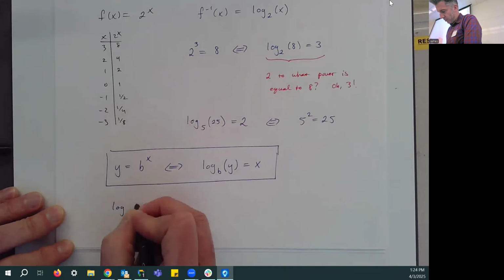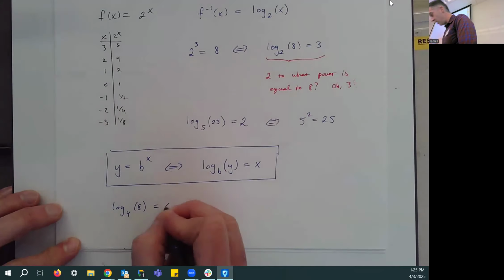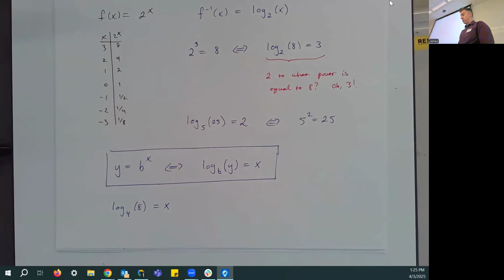Here's an annoying example. Log base 4 of 8. 4 to the first is 4. 4 squared is 16. It's neither of those, right? The answer isn't 1. The answer isn't 2. 4 to what power equals 8? Well, if I don't know, I'm going to do some work. I'm going to say 4 to the x